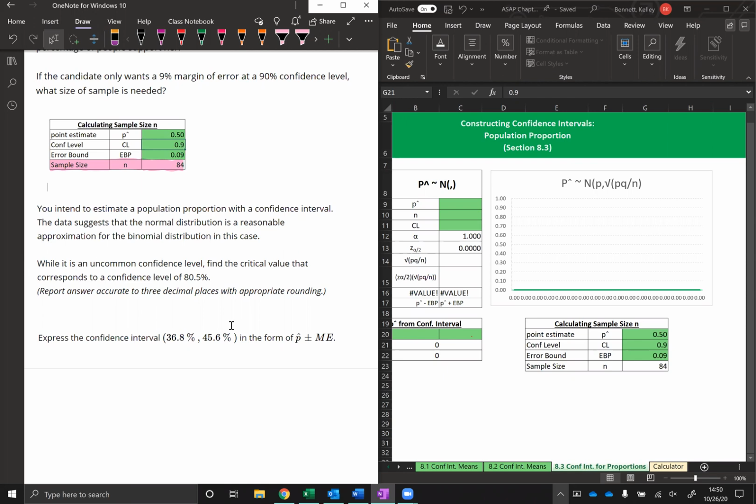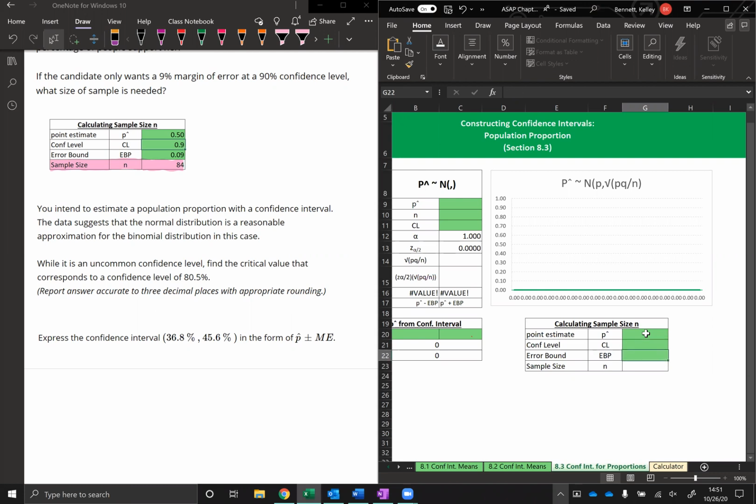This has to do with how large your sample is and what your value of p is, and how those interplay together. For this course, we're not going to worry about that. We're just going to take it on faith and find this critical value that corresponds to a confidence level of 80.5%. So in order to do that,